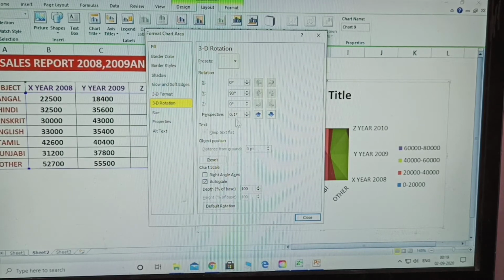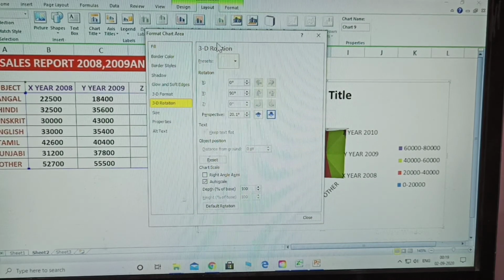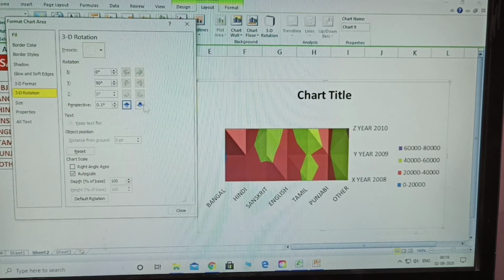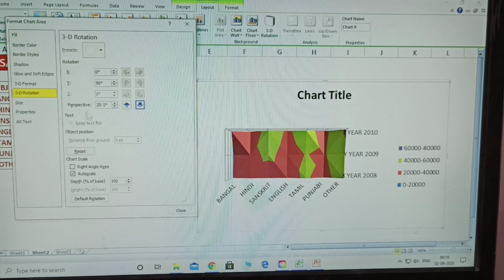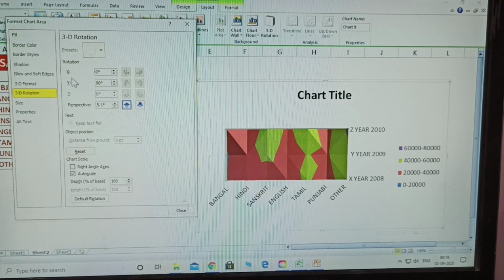The rotation can go up and down. Here the Z axis is displayed. In 3D rotation there are three rotations: X, Y and Z.